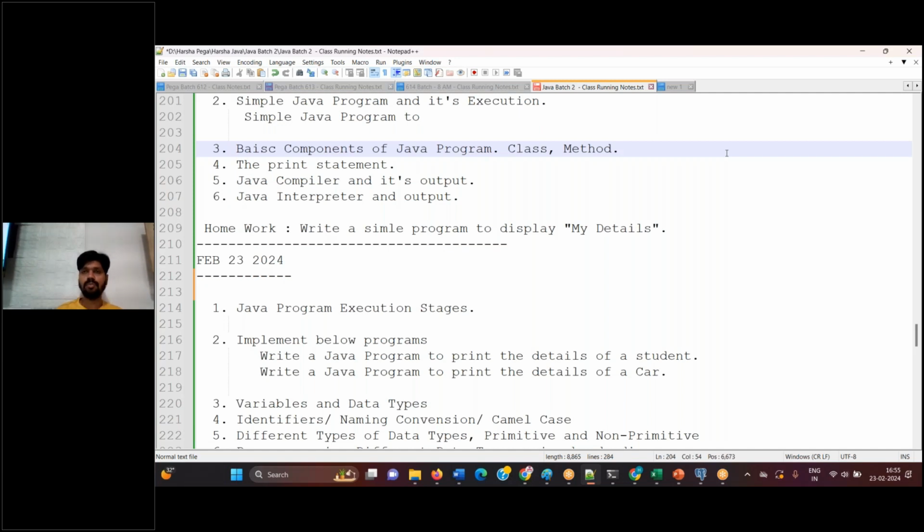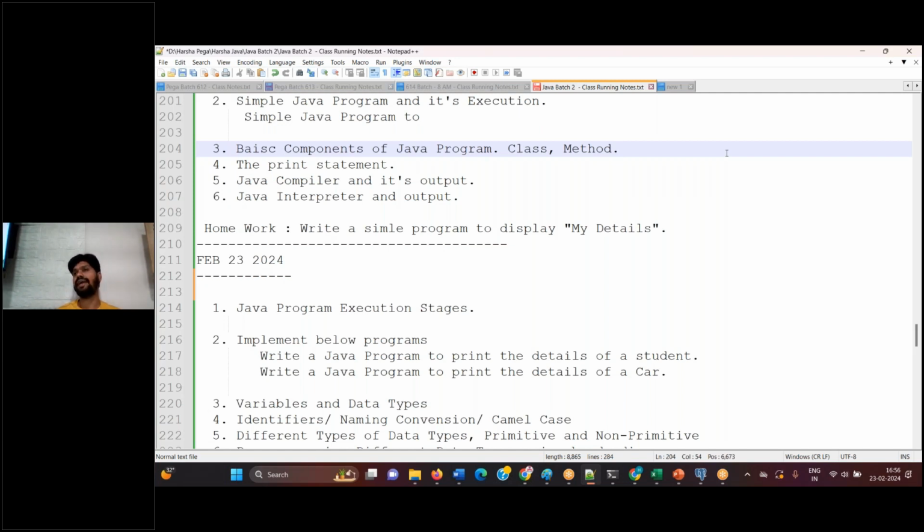So what is the output of the compiler? Dot class file. The output of the compiler is a dot class file. What is the format of it? Byte code. So the compiler is going to generate the byte code. This byte code will be taken by the interpreter, which is available in the Java virtual machine, and the dot class file which is running on JVM will generate an